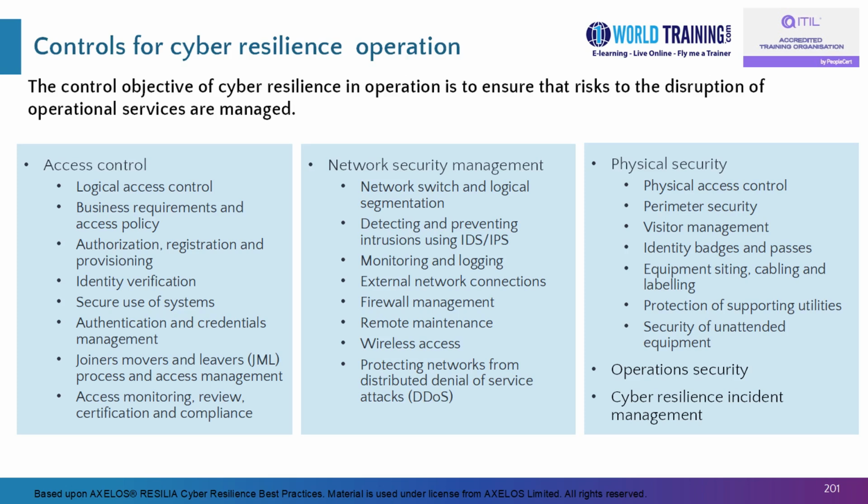Then we have external network connections, firewall management, remote maintenance, wireless access, protecting networks from distributed denial of service attacks, DDoS. Then under physical security, we have the following: physical access control, perimeter security, visitor management, identity badges and passes, equipment siting, cabling and labeling, protection of supporting utilities, security of unattended equipment,